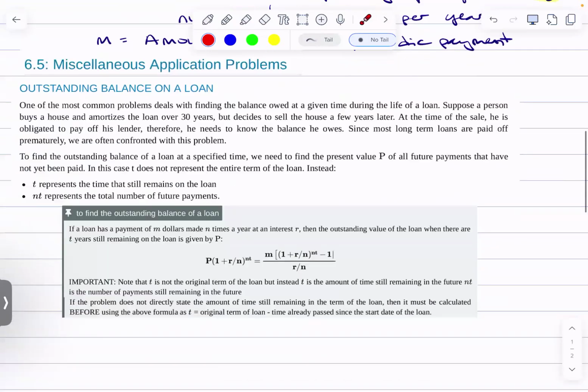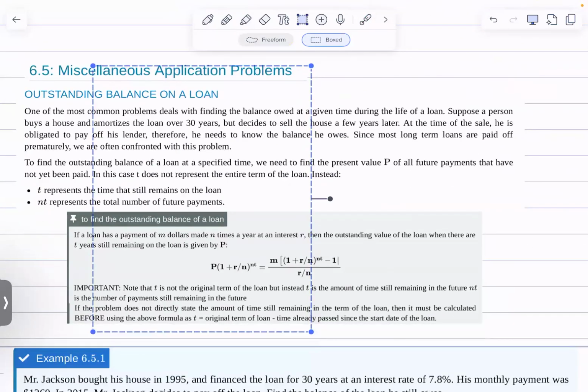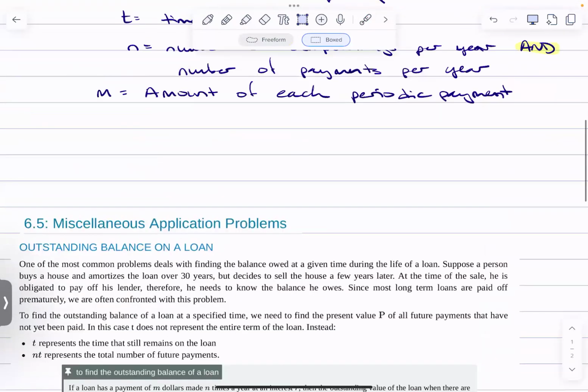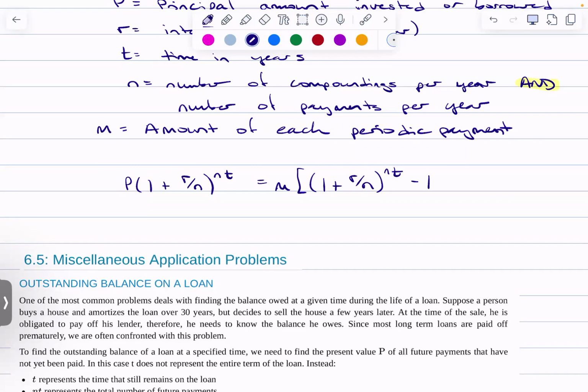Okay. Oh, fine. Just because they're not exactly the same. They have the same formula. And so we also saw that P times (1 plus R over N) to the N times T can be equal to M times ((1 plus R over N) to the NT minus 1)